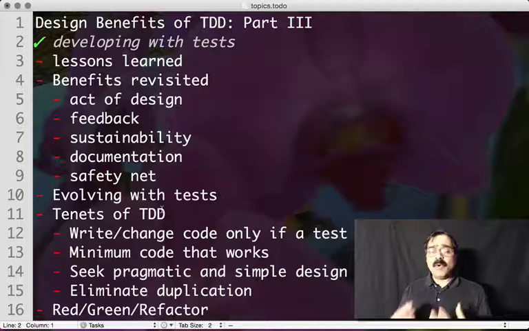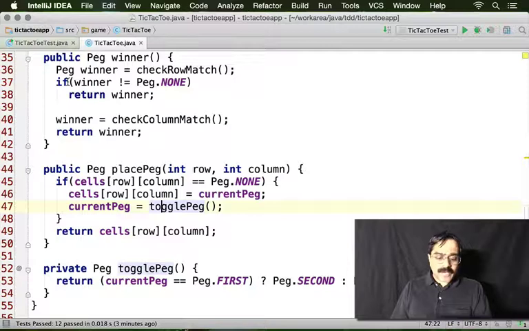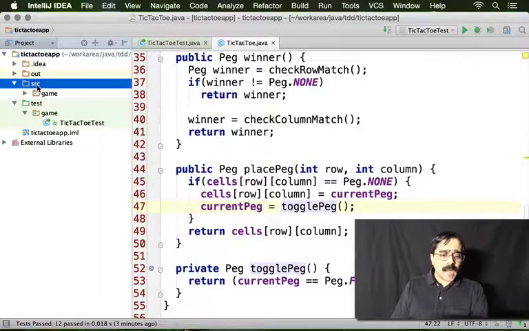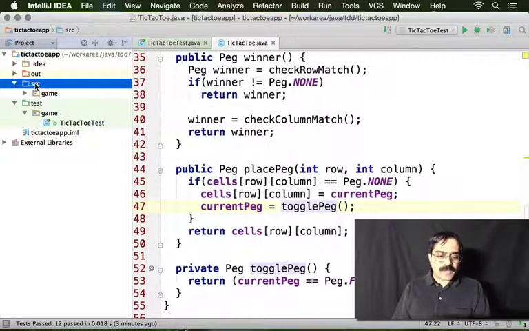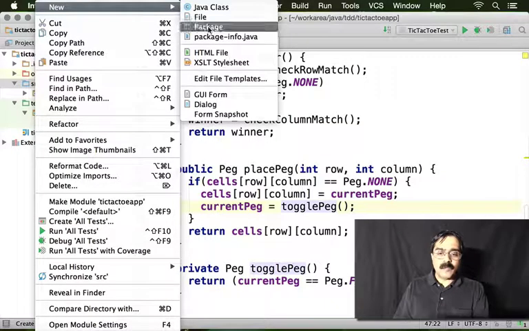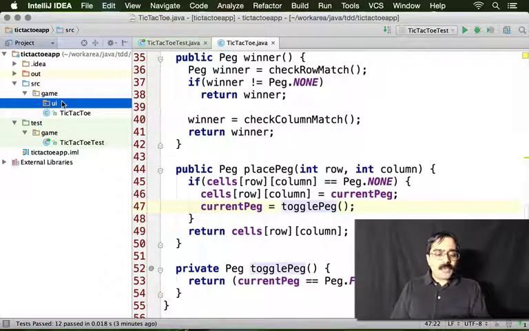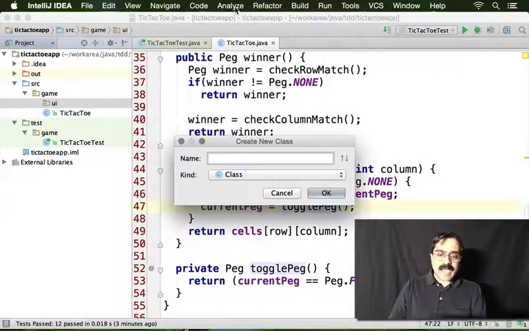We can put a UI on top of this fairly easily now if we choose to do that. For example, let's see how we're going to do this. We can create over here yet another source code. Right here we could create a UI, for example. So let's say in here we are going to create another package, if you will. And the package we're going to create here is called, let's say, game.ui. And within the game UI, we could create another class, and we will call this class tic-tac-toe,